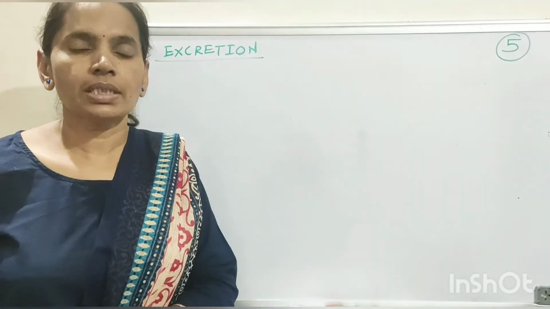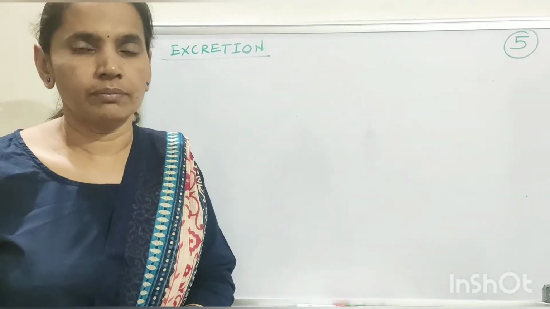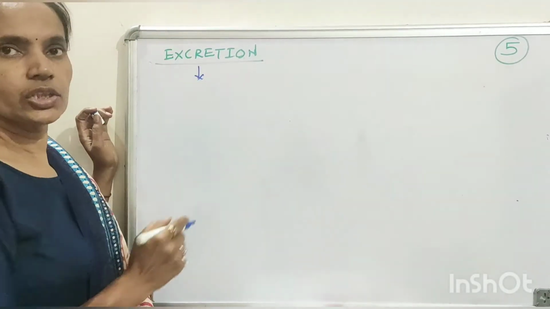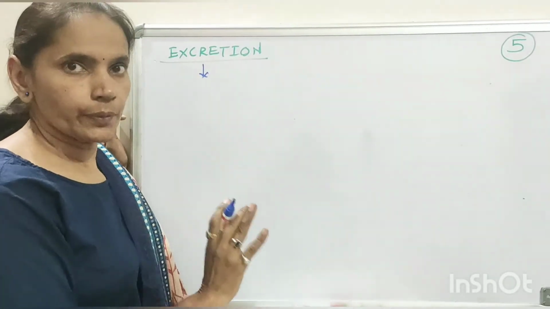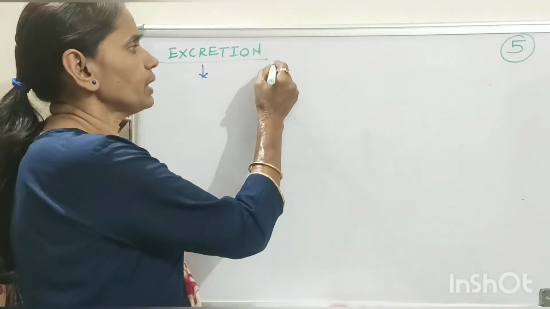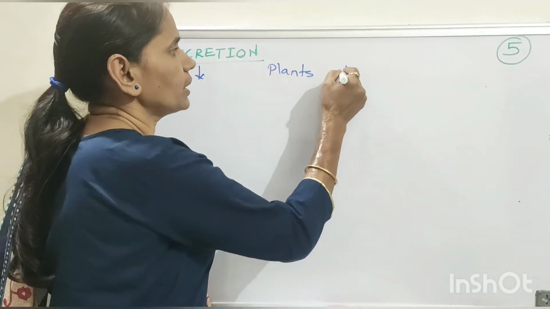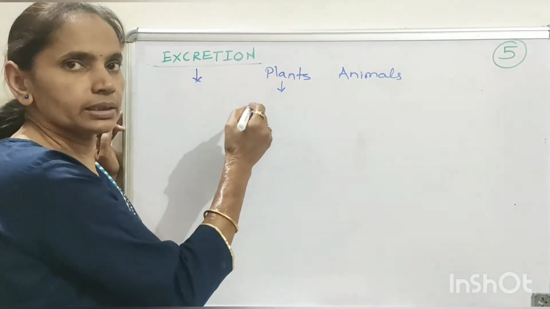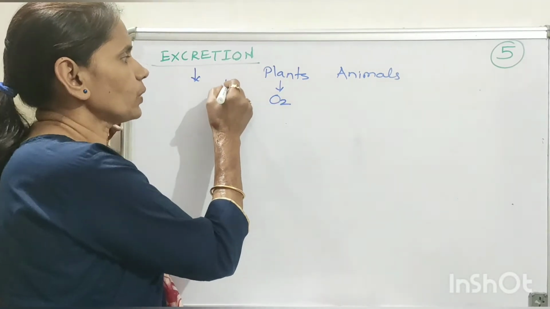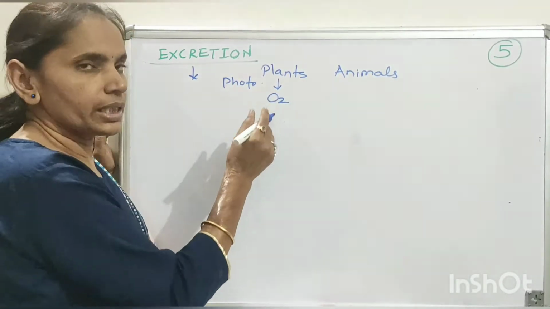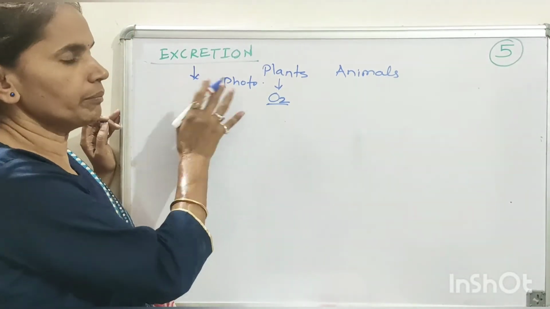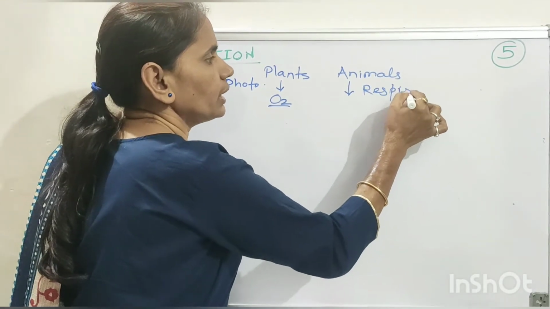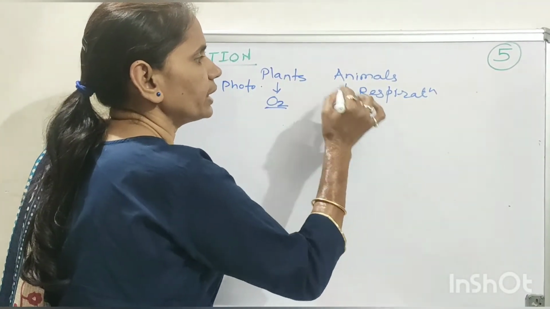Up till now, we have discussed the different life processes. Now all these life processes are important for all different organisms. The last important life process that is essential is excretion. There are different excretory products in different organisms such as plants as well as animals. The major gaseous waste product in case of plants is oxygen. By the process of photosynthesis, the plants release oxygen by simple diffusion. In case of animals, by the process of respiration, the gaseous waste, that is carbon dioxide, is released.